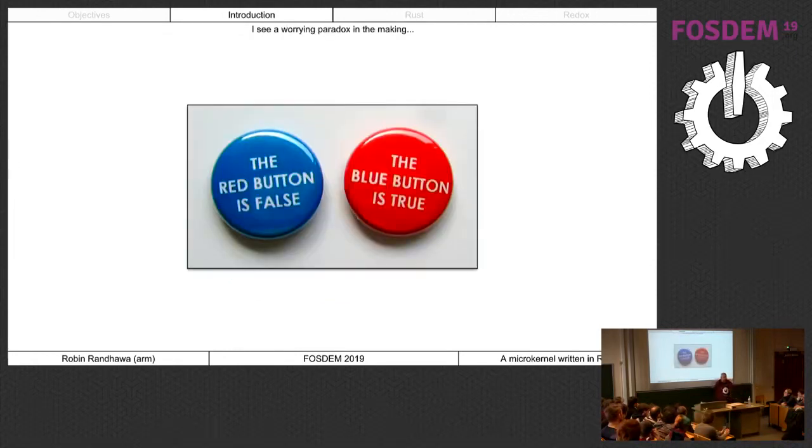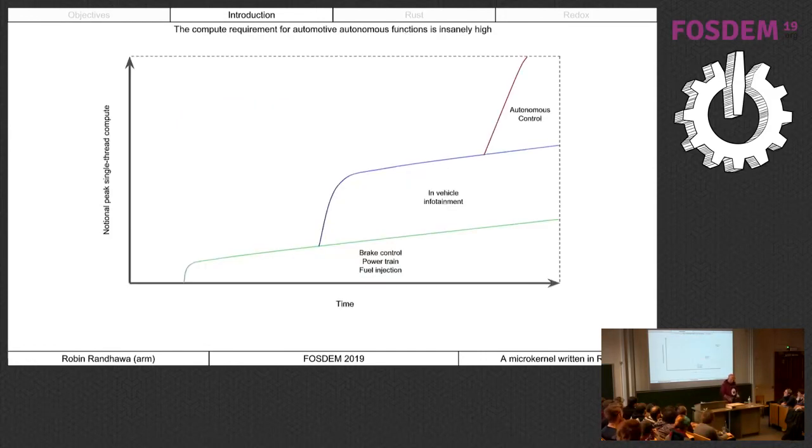So before we get there, here is a paradox. Now, this paradox is not about Rust or Redox. It's just a general paradox about some of the stuff that I look at, right? You often have completely orthogonal requirements placed on hardware and software, right? Very, very quickly, this is like a very